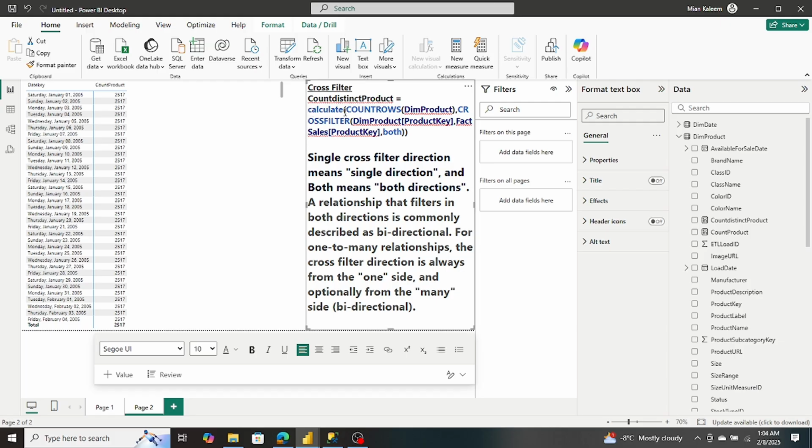Here we use the CALCULATE clause, count rows of the dimension product table,